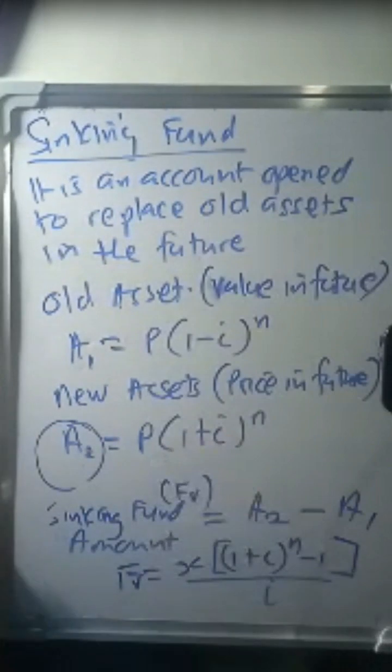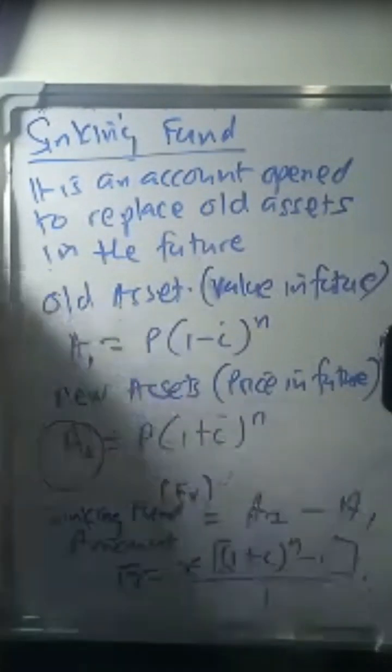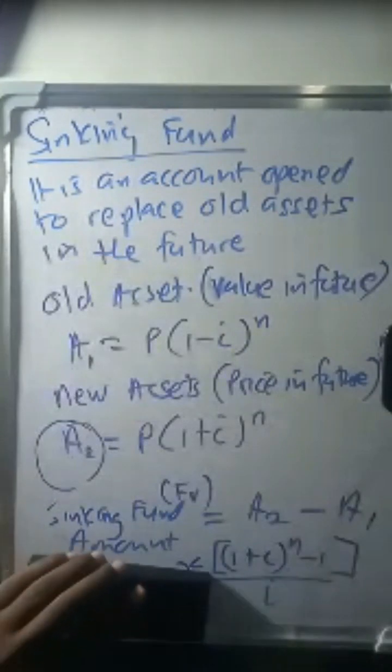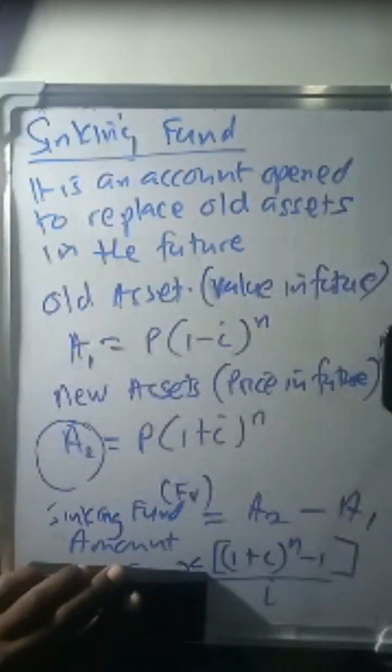Okay? Right? Then we have deferred payments. We have the last payment. And we also have balance outstanding. Okay? Balance outstanding is the formula that I want to give you. Then the other stuff, you're going to look at them from the stuff that I've given you there. Okay? Outstanding balance is equals to X into, I want a simple formula that is easier to use. So I'm going to use the simple formula